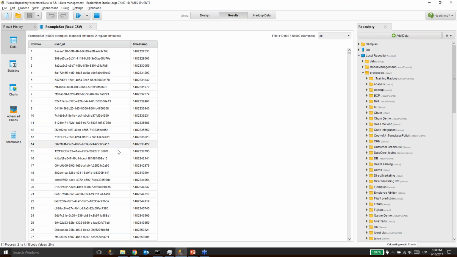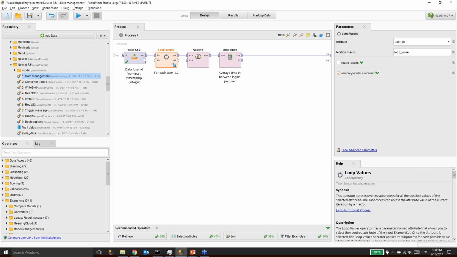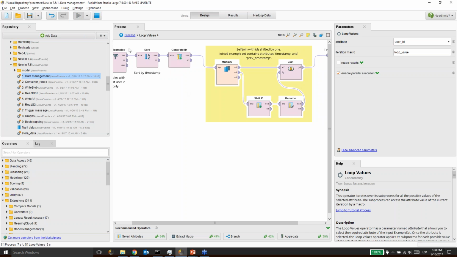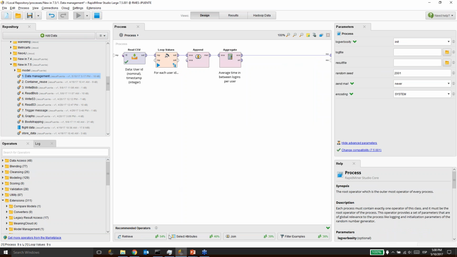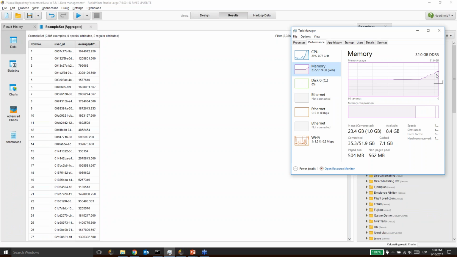So I have to go through the whole table and subtract some timestamps, right? This is something that we can do. So if I go here, let me remove this, and then if I run it like that, what happens is I'm doing quite a complex ETL process inside this loop, which means that I'm going to use a lot of memory. I can see the increase now, but because I'm using this new data management system, the increasing memory is under control,